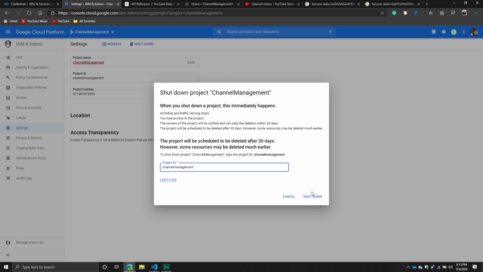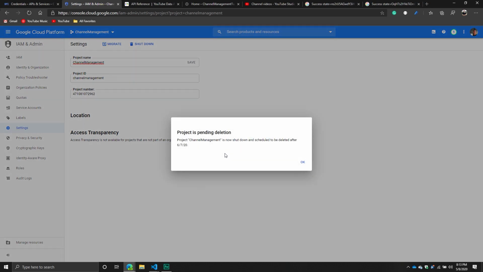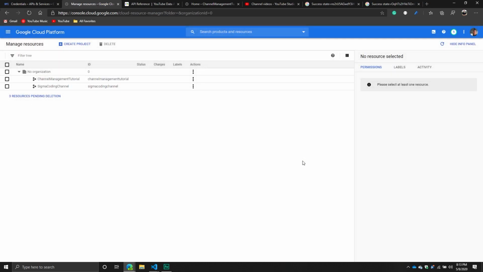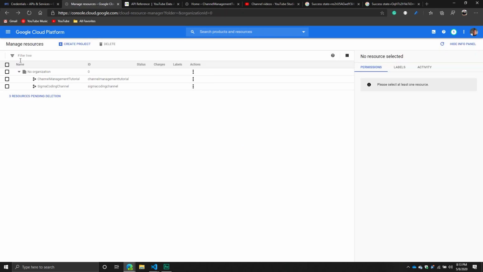When you shut it down, you lose access to everything. Once you shut it down, you can then delete it. It doesn't automatically delete. These are all the ones that were pending deletion. They're no longer active, but they're not deleted. You have them for like 30 days